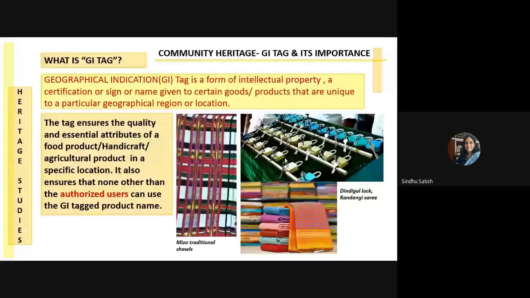Now, this doesn't mean that other states and other parts of the country don't have anything indigenous. It just means that people here have been a little more proactive and worked enough to get the recognition of the GI tag. And this is something which happens from the community side. It is not like the government comes and recognizes you. You recognize yourself and produce enough documents,